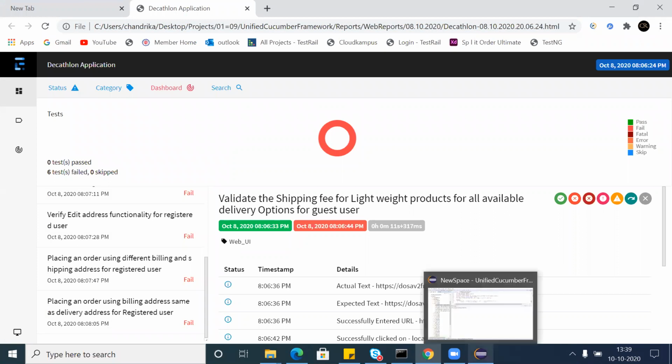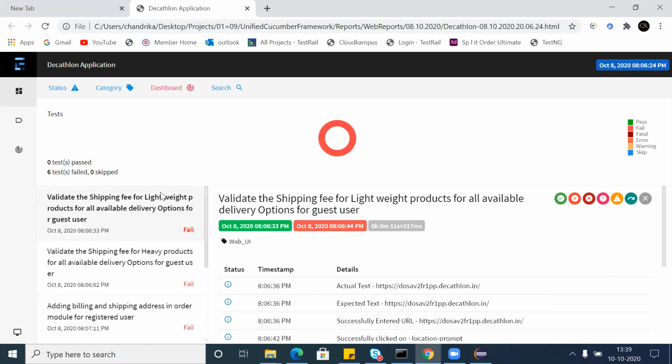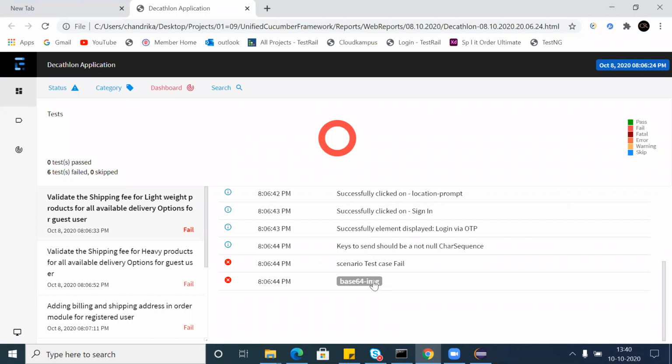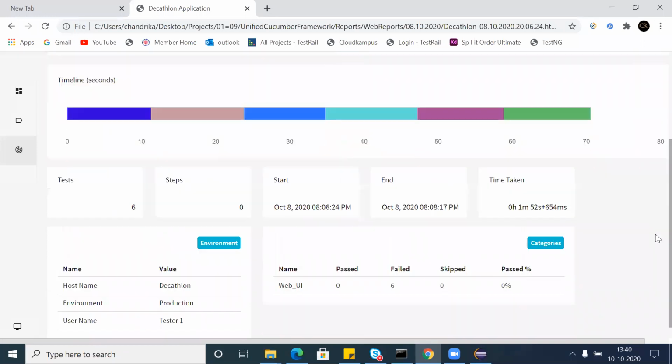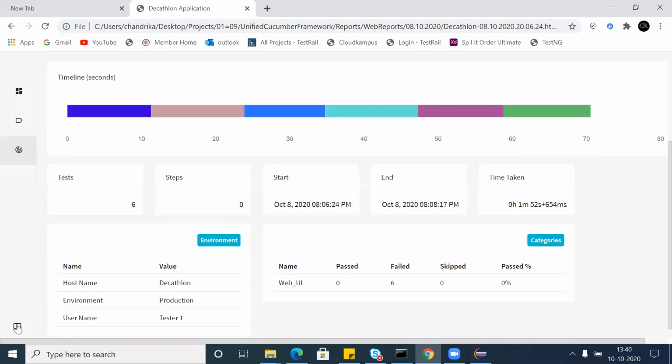I think these are all failed ones. Even that is good, so first we'll show the failed ones. I wanted to show them the screenshots, how it captures them and all. Come from the dashboard. On your left, the third one. Change it to the black color first, I prefer to see it in that. On the left bottom, the computer symbol, the monitor symbol.